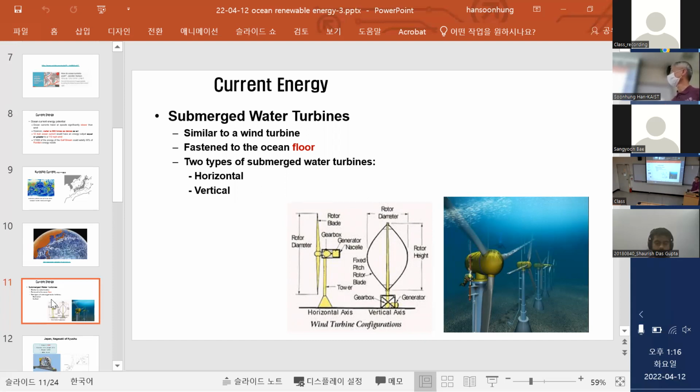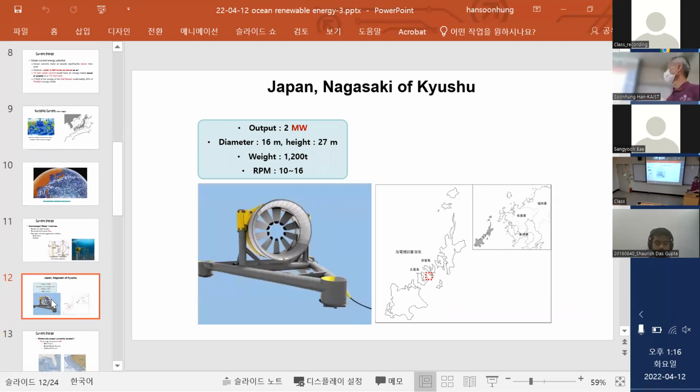Similar to a wind turbine, but the post should be fastened to the ocean floor. And there are two types, similarly, the vertical type and horizontal type. That is very similar. And in Nagasaki, Kyushu is,